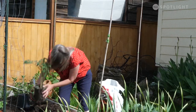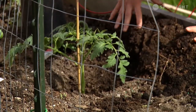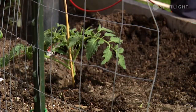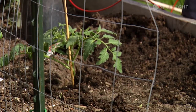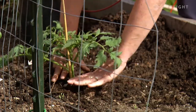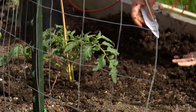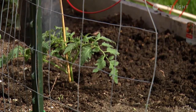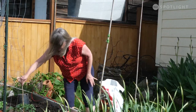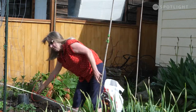Good strong roots. Plunk them in. And I tell you, the first time you do this, it scares the starch off you, taking all those leaves and branches off your tomato. But there you go. This is not going to do any good, not if it grows to 6 feet. So again,